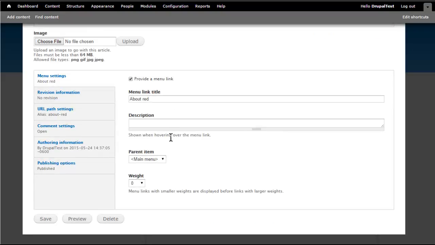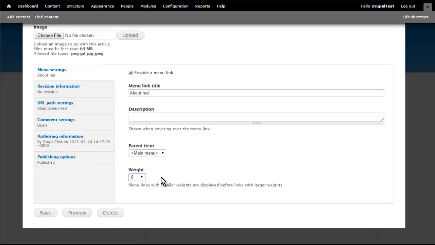And about red, we can change that if we want. Hover description. Now here's where we can put it as a parent. So if we wanted to put something up there called categories, and then we could do about red as a child under that. Okay, so let's set this to 3